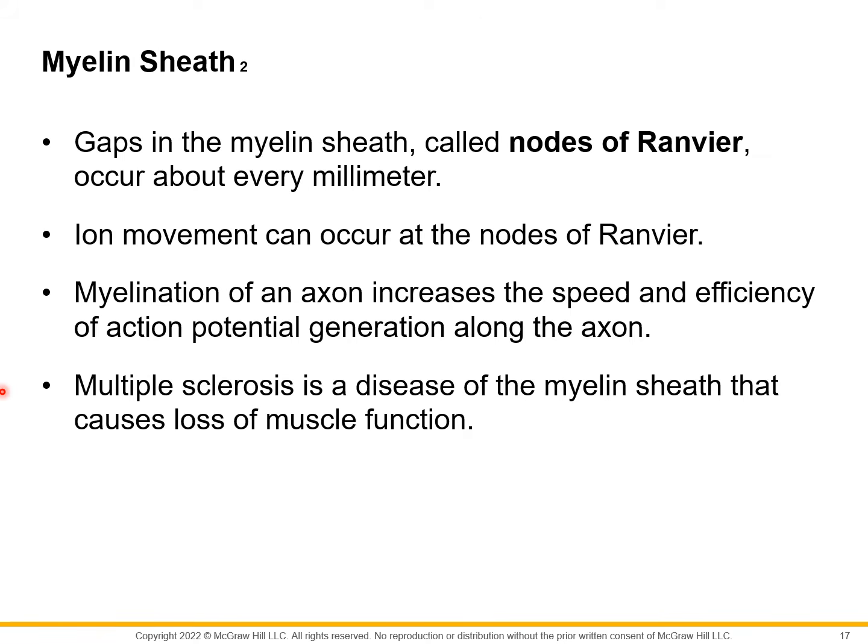Now, what happens if yung mga neurons na supposedly myelinated ay nagkaroon ng problems? There's a disease of the myelin sheath that is known as multiple sclerosis, and this leads to the loss of muscle function. Kasi po, diba? The movement of muscles are also controlled by the action potentials being generated by neurons. So, kung may problema dun sa structure ng neurons, magkakaproblema din po yung capability nila to control the function of muscles.